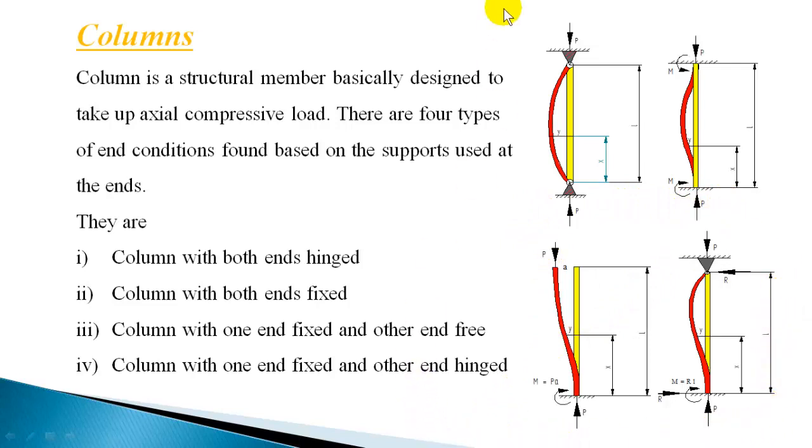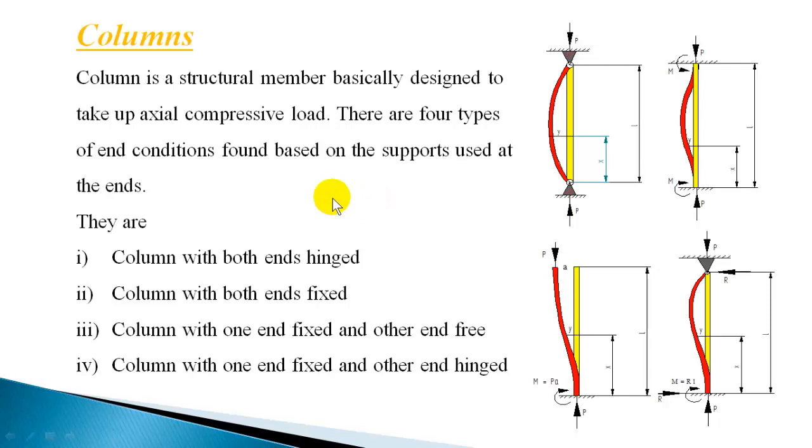Now when columns are subjected to axial loads, they get compressed. So normal compressive stress will be acting, and the length of the column will reduce. That is common when it is subjected to a compressive load. But when it comes to long columns, it is likely to bend sideways like this. The bending occurs, and this bending is mainly due to the imperfections in the column existing at the start